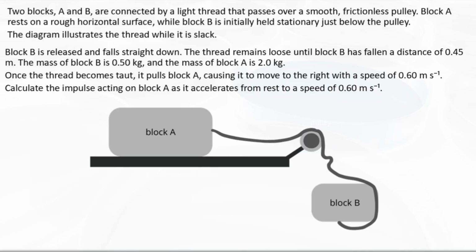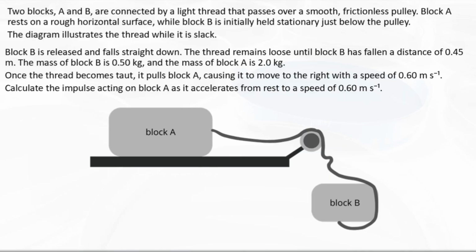The thread remains loose until block B has fallen a distance of 0.45 meters. The mass of block B is 0.50 kilograms and the mass of block A is 2 kilograms. Once the thread becomes taut, it pulls block A, causing it to move to the right with a speed of 0.60 meters per second. Calculate the impulse acting on block A as it accelerates from rest to a speed of